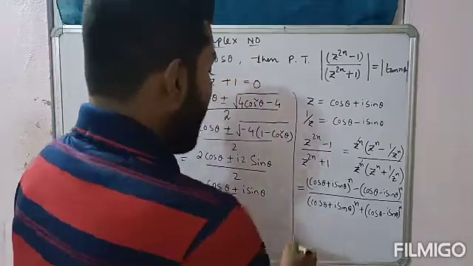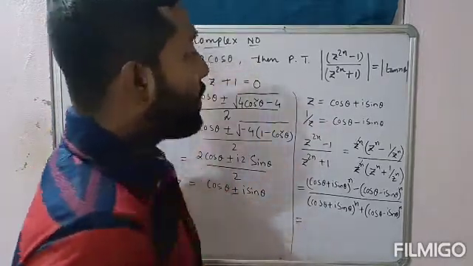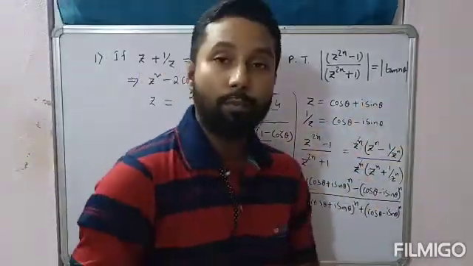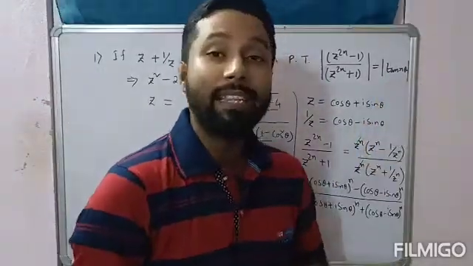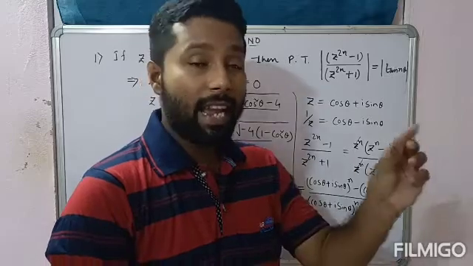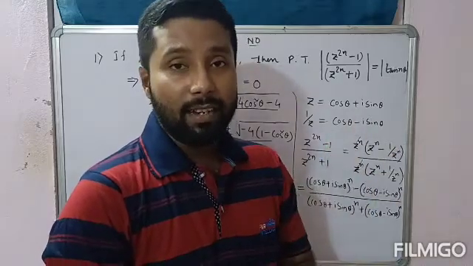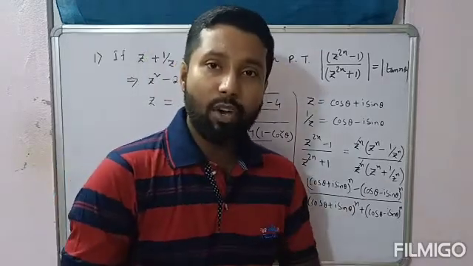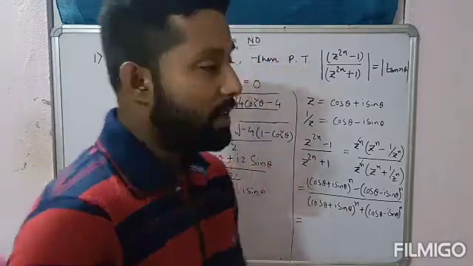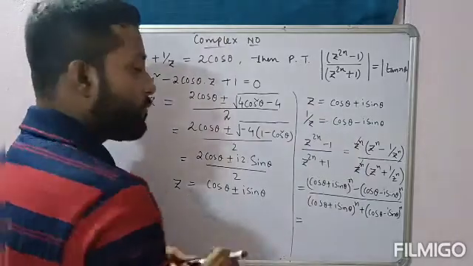Okay, after that see what will happen. Look at the right hand side now. जो प्रूफ करना है उसका राइट हैंड साइड में देखो, जो एंगल दिया गया है वो n थीटा है. Yes, tan n theta. But look at the angle here, only theta is there. We know De Moivre's theorem. So here we have to use De Moivre's theorem only.